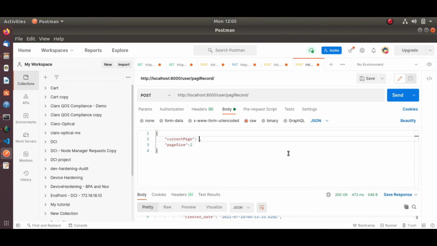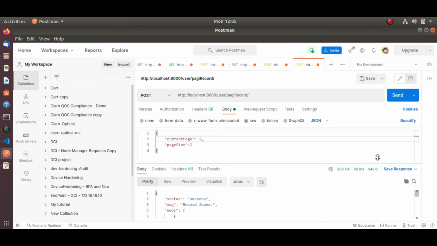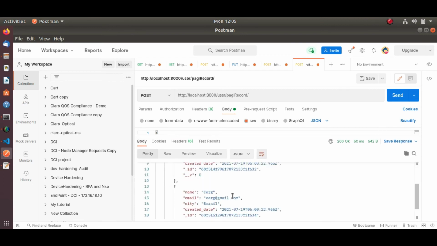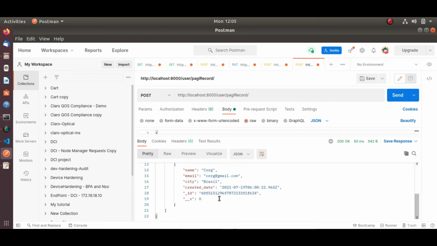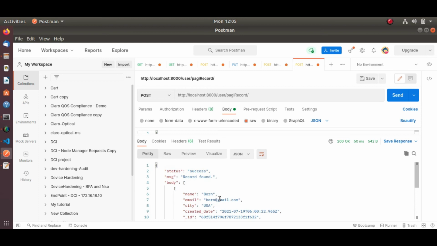I need the same records and the current page is 2. So let me click on the send button. See, the first page records, Rahul and Raj, are not there. Now I got the next 2 records. So in this way we can also implement pagination.